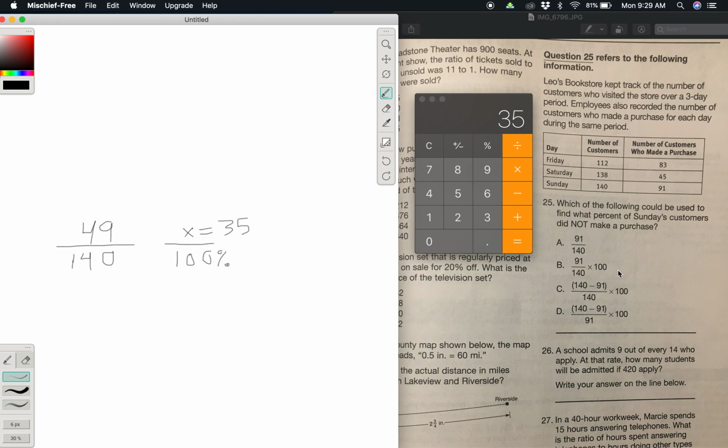So this one, guys, really is the only one that has all the parts we need to find the answer. You can see this one is similar, but it gives you the amount of customers that made the purchase. Okay, we're trying to find the one that did not make a purchase. Then here goes, this top calculation is correct. It would be 49, but then you need to divide it by 140, which is the total amount of customers, not the amount of customers that purchased. Okay,